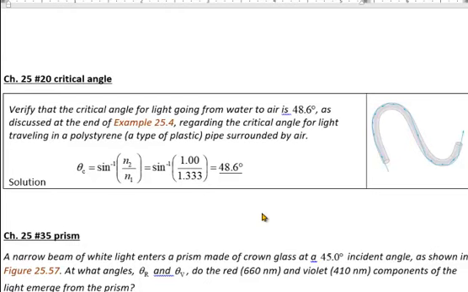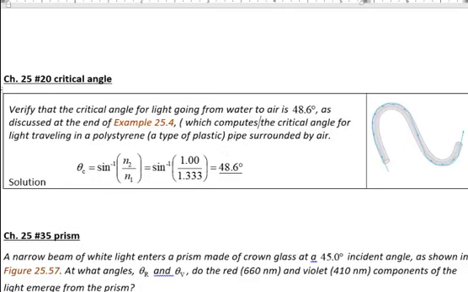All right, I took a longer break, which was good because I was trying to understand this problem here, because this is about 3 pieces here: water, air, and polystyrene. And shouldn't I look at the boundary between water and polystyrene versus air? And then it finally occurred to me, as they were referring to example 25.4, which is about the polystyrene, and where they do mention water to air, that the second part of the sentence right here should actually be in parentheses, that says at the end of example 25.4,